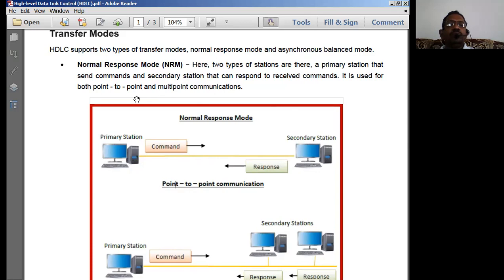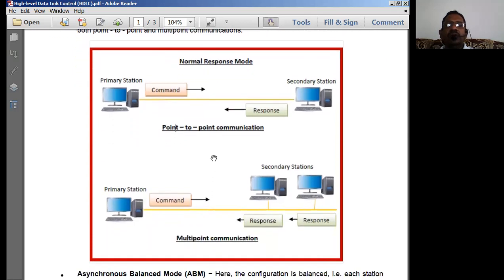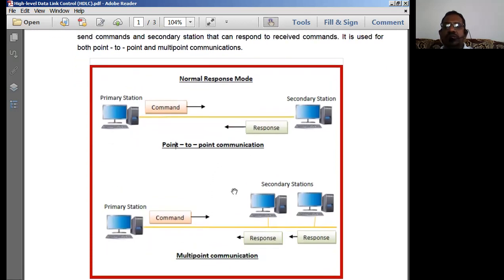It is used for both point to point and obviously multi-point communication. As we discussed earlier, this can be done by using a line control method. Remember we discussed the inquire and acknowledge method, using which we send the commands to the secondary station.